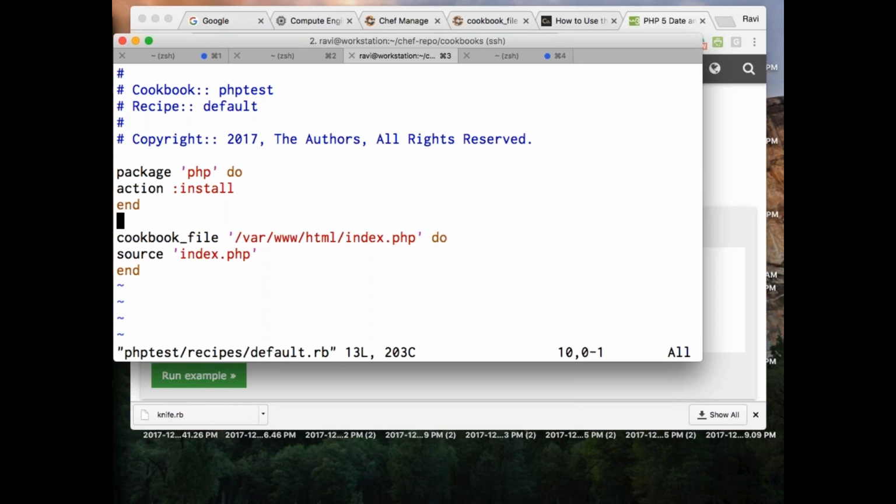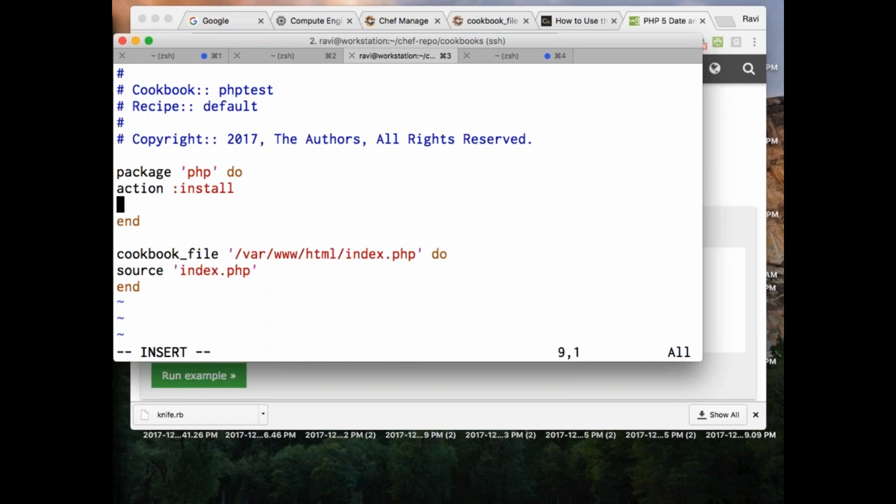I need to restart the Apache service right now. So if it was successfully installed, I want to restart my Apache server. So I think it is notifies, and I'll say restart. And what do I want to restart? Service. So I'll say service.